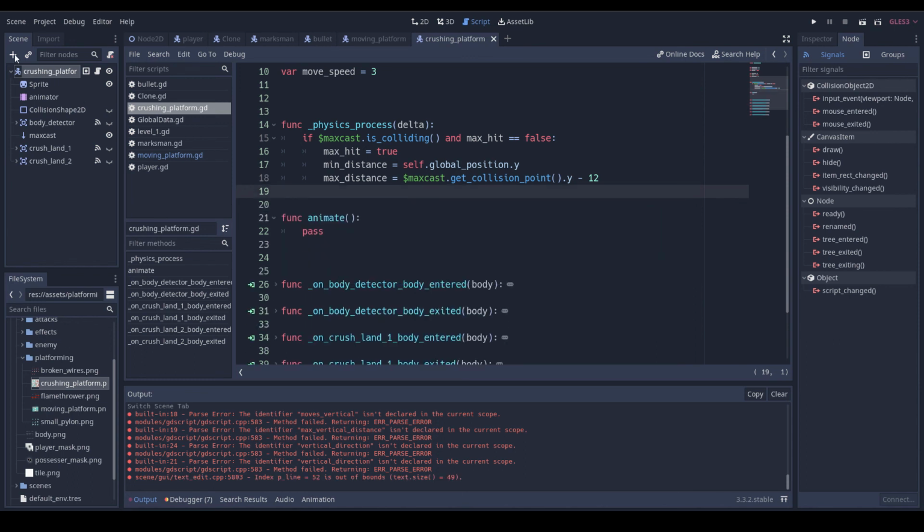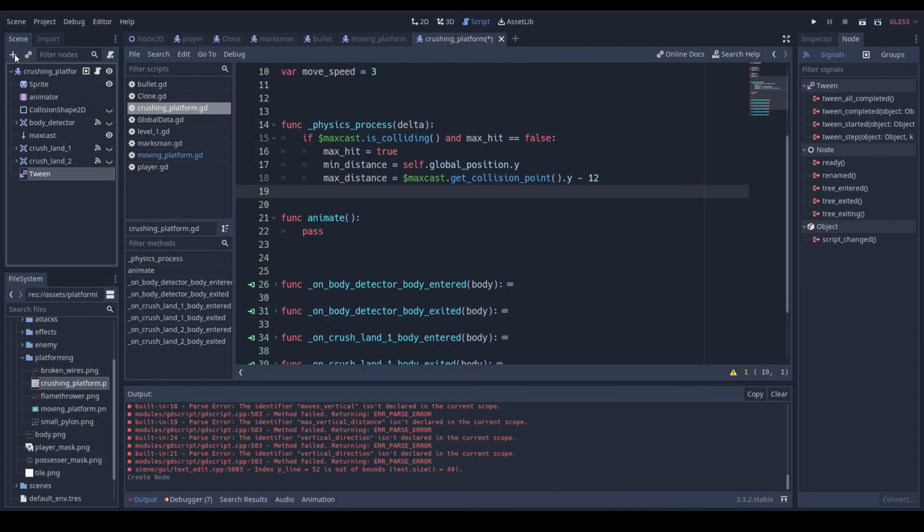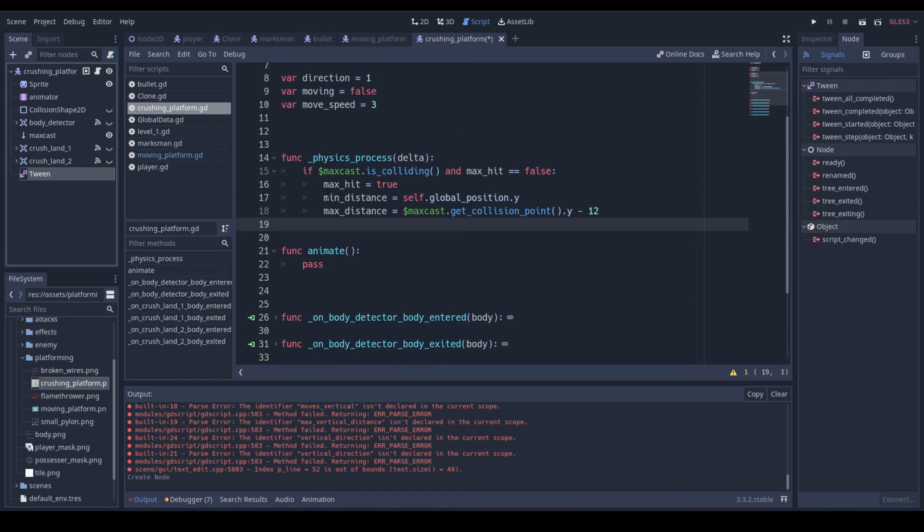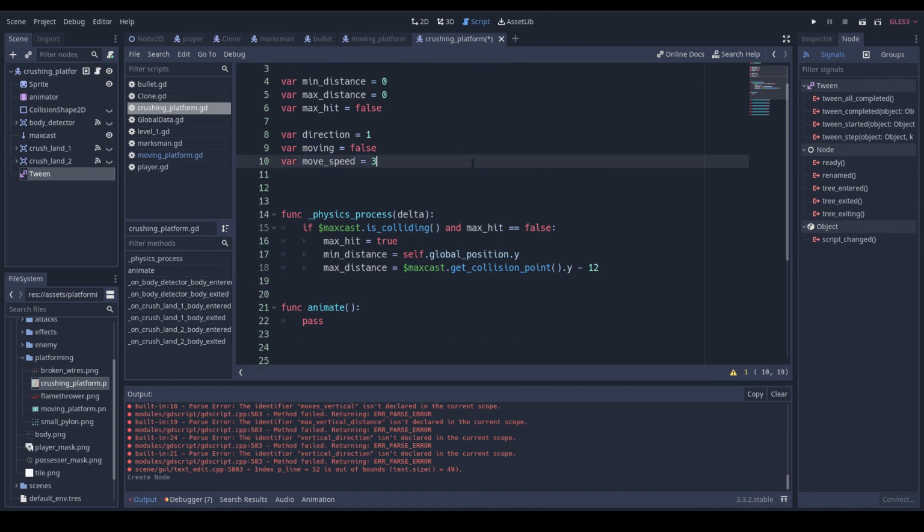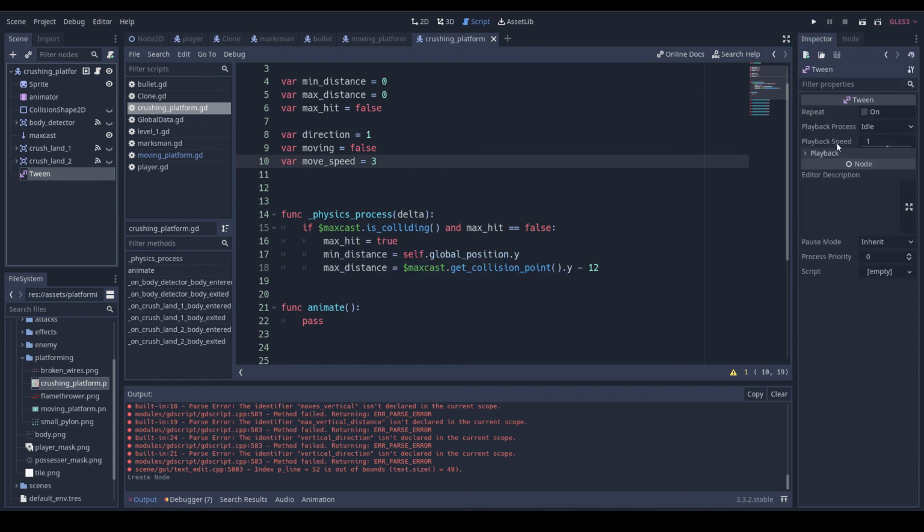Then we're going to add a tween, and a tween can basically change something's value over time to something different, and then we can have different accelerations of that changed value, and we can do that with stuff like global position or variables that are inside our script like move speed, and it's a pretty useful thing. But yeah, I'm not going to get too into depth about how you can use it differently. Instead I'll just use it. This is going to be called move tween,